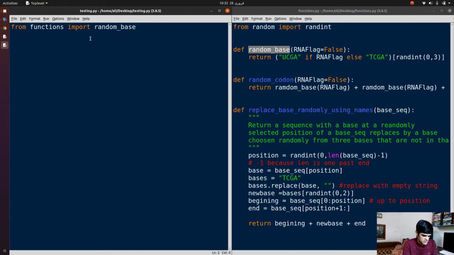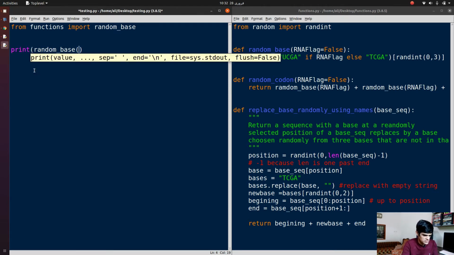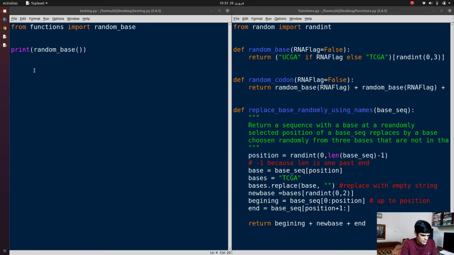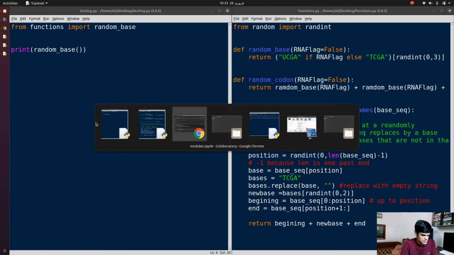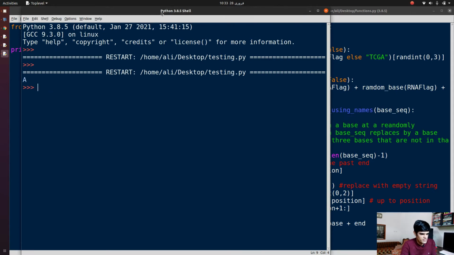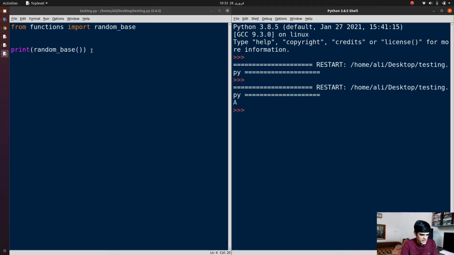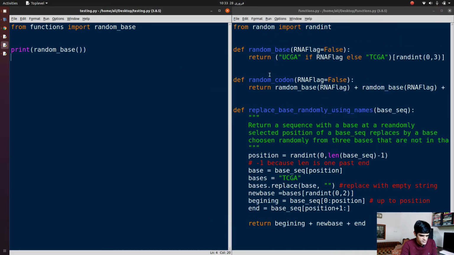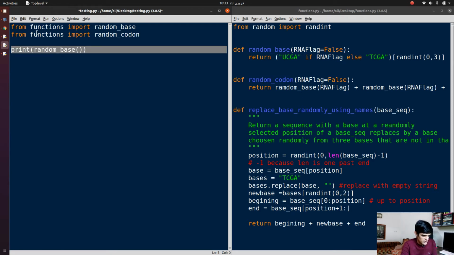Let's try running this function random base, and we will have to print it to see the results. Okay, this is the shell. So you can see that a base is imported, right? And let's try importing some other thing, random codon. From functions import random codon, and let's try